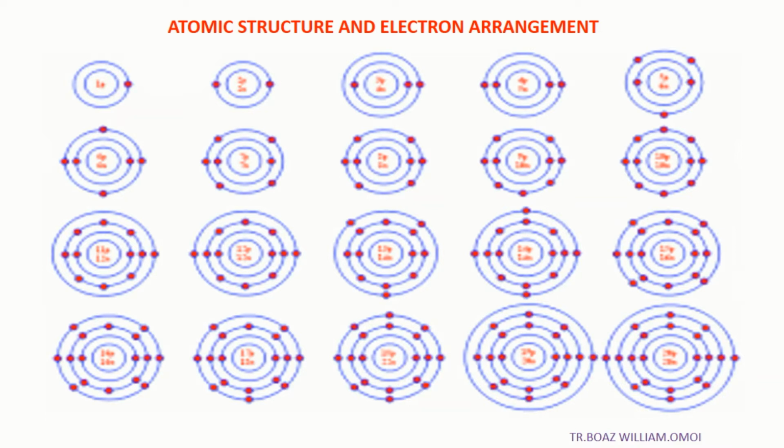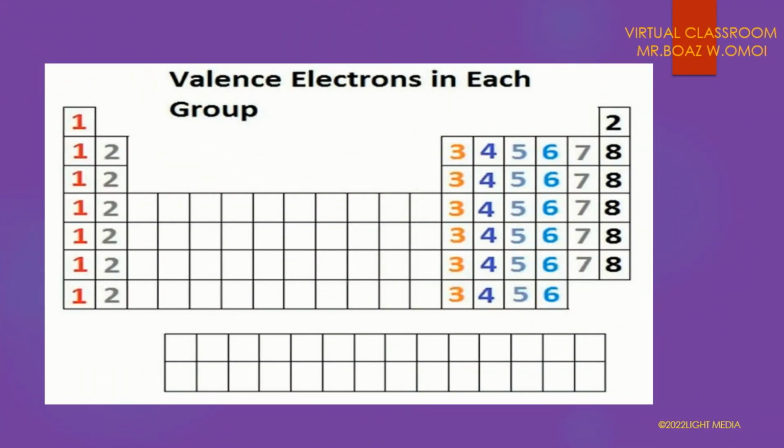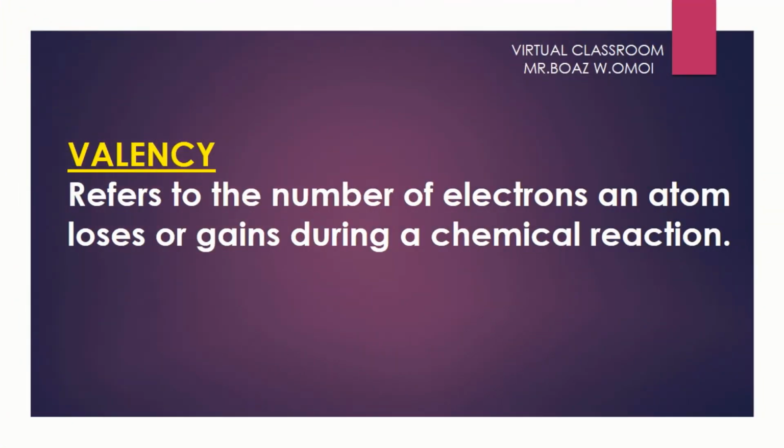Now, having talked about electron arrangement, and you have understood how we arrange the electrons in the various energy levels, I want us to talk about valency. Now students, valency is a very important term. It refers to the number of electrons an atom loses or gains during a chemical reaction. The number of electrons an atom gains or loses during a chemical reaction, that is the valency of that element